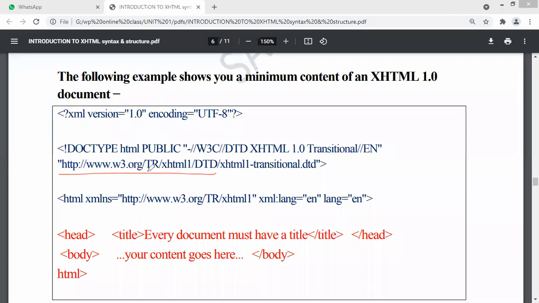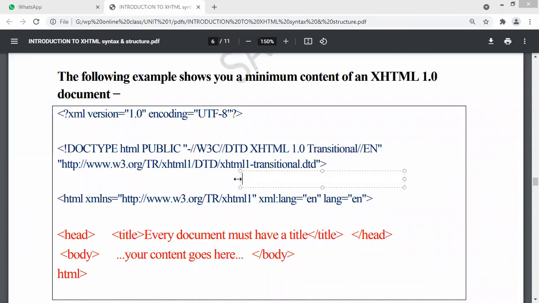Okay, so we were here. TR is a transitional XHTML version 1.0 document type definition. Which header file am I using from XHTML? I told you there are three types. This is the type which we use by default for every file. Why? Because it will help us to write HTML code as well as XML code also, right? So this is XHTML version 1 transitional DTD. Clear to you, right? So this is the header file which we use for XHTML 1.0.